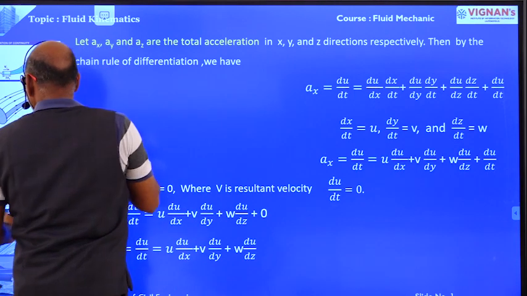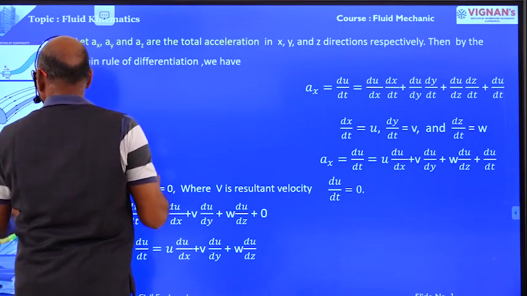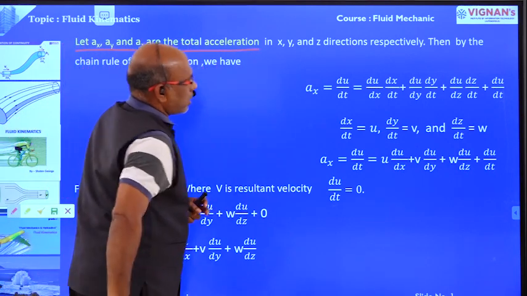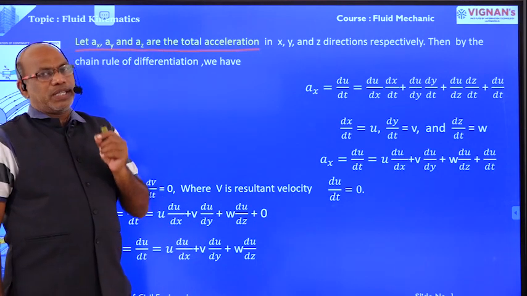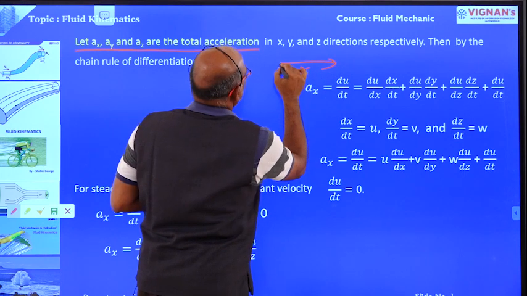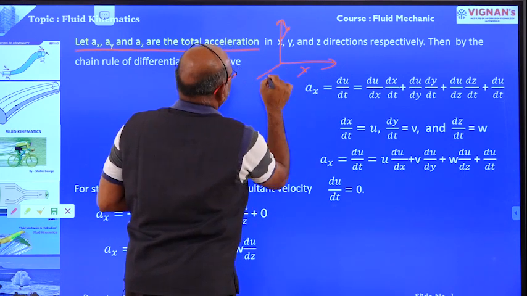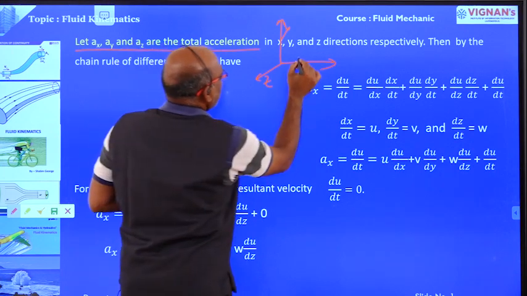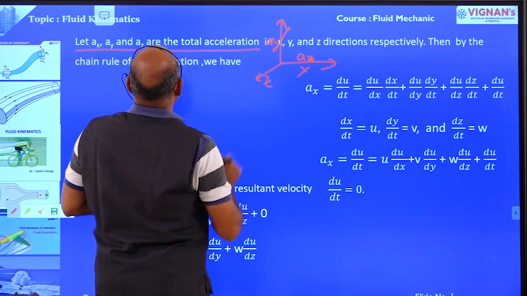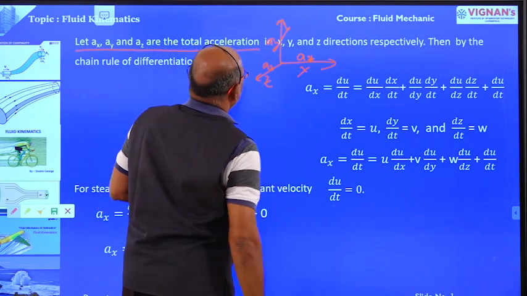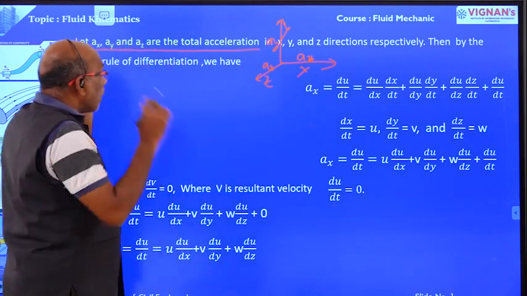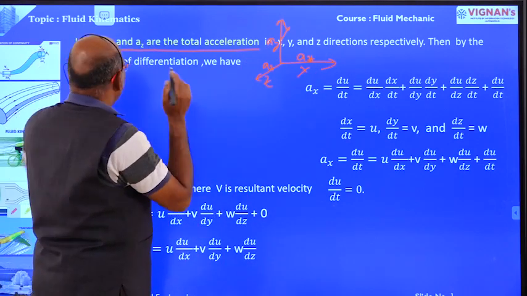Now acceleration. ax, ay, az are the total accelerations in the x, y, z directions. Same as earlier, this is the x direction, this is the y direction, this is the z direction. ax is the acceleration in the x direction, ay is the acceleration in the y direction, and az is the acceleration in the z direction respectively. Now, based on the chain rule of differentiation,